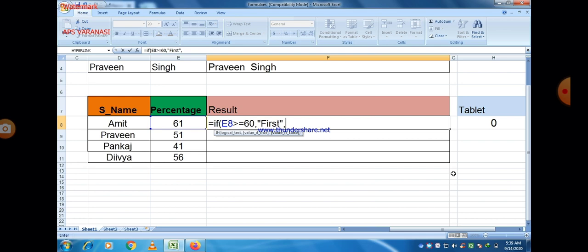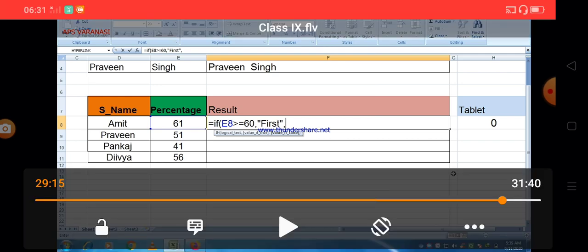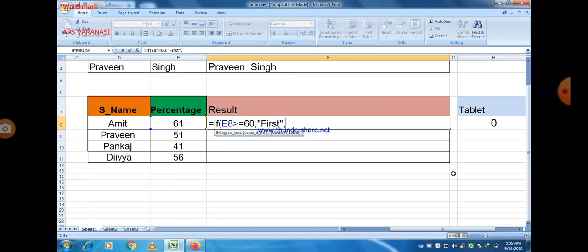Okay. So now I think that part of the IF statement is clear to all of you, that first of all we give a logical expression, and then the result related to that logical expression. If that logical statement is found to be true, then First will be printed. But if that logical statement is found to be false, then we write a condition in place of the string.